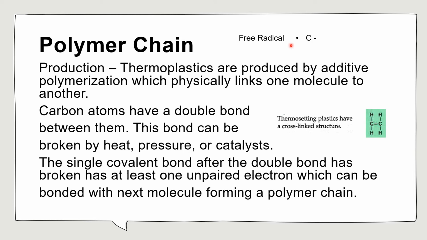So they're looking for the next molecule around that little carbon with a free radical to bond with. And as soon as it finds another molecule, it's going to react. So they form a polymer chain that way, right? We use heat, pressure, catalysts, break the double bond, make the single bond, and float an electron for each, because there are two electrons in one single bond. So each one of the electrons is going to stay around each carbon, and these free radicals are going to look for another molecule, and then they chain them up. So that's what's happening in polymerization.